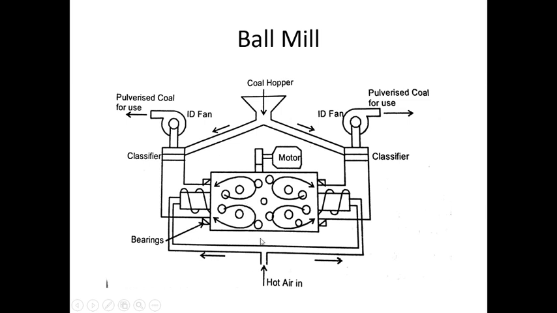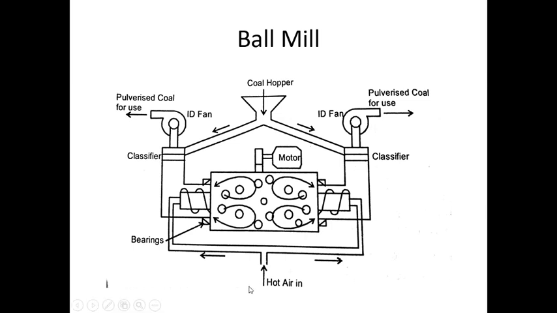So when this drum is rotating, because of the continuous action of the balls, it will act as a hammer for the coal. From here it is supplied continuously, and it will be rotating and it will crush that one, and on both sides there is an induced draft fan. Once it is crushed, it is drawn by the induced draft fan, and the classifier is there, as I told you, on both sides, which will allow only the required sized pulverized coal into the system, and then it will be supplied to the furnace.